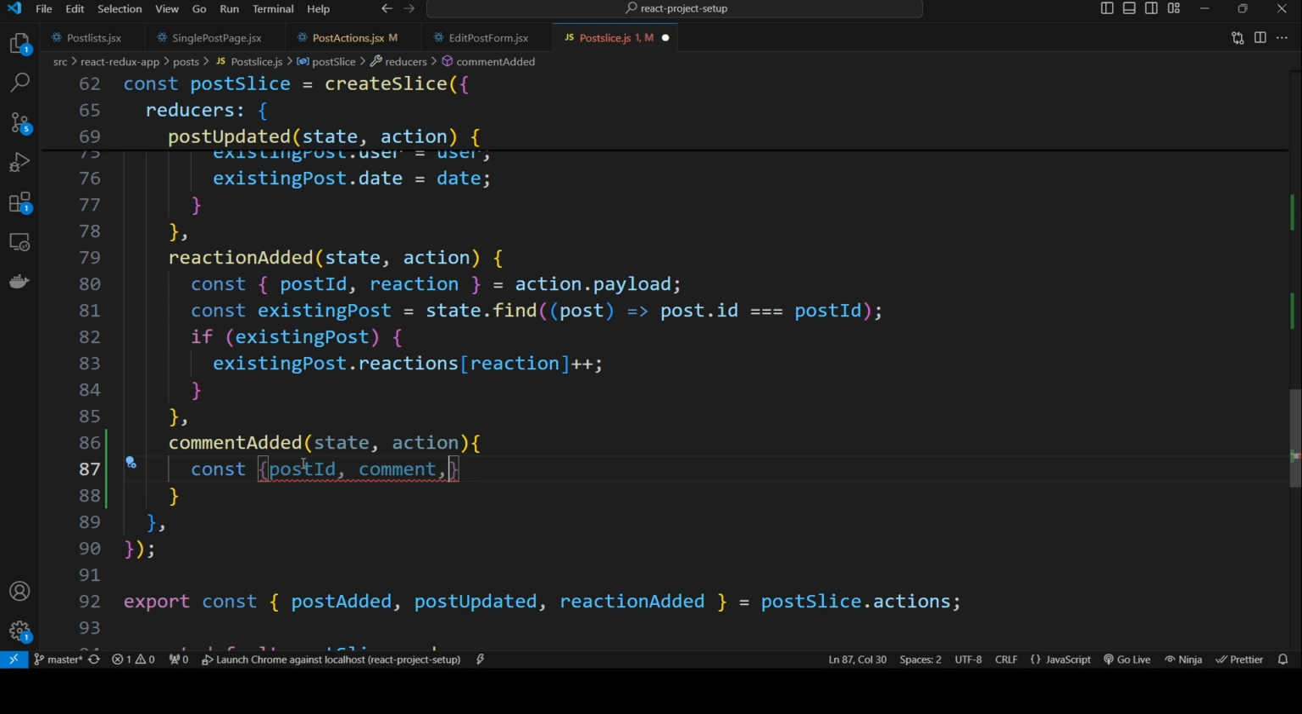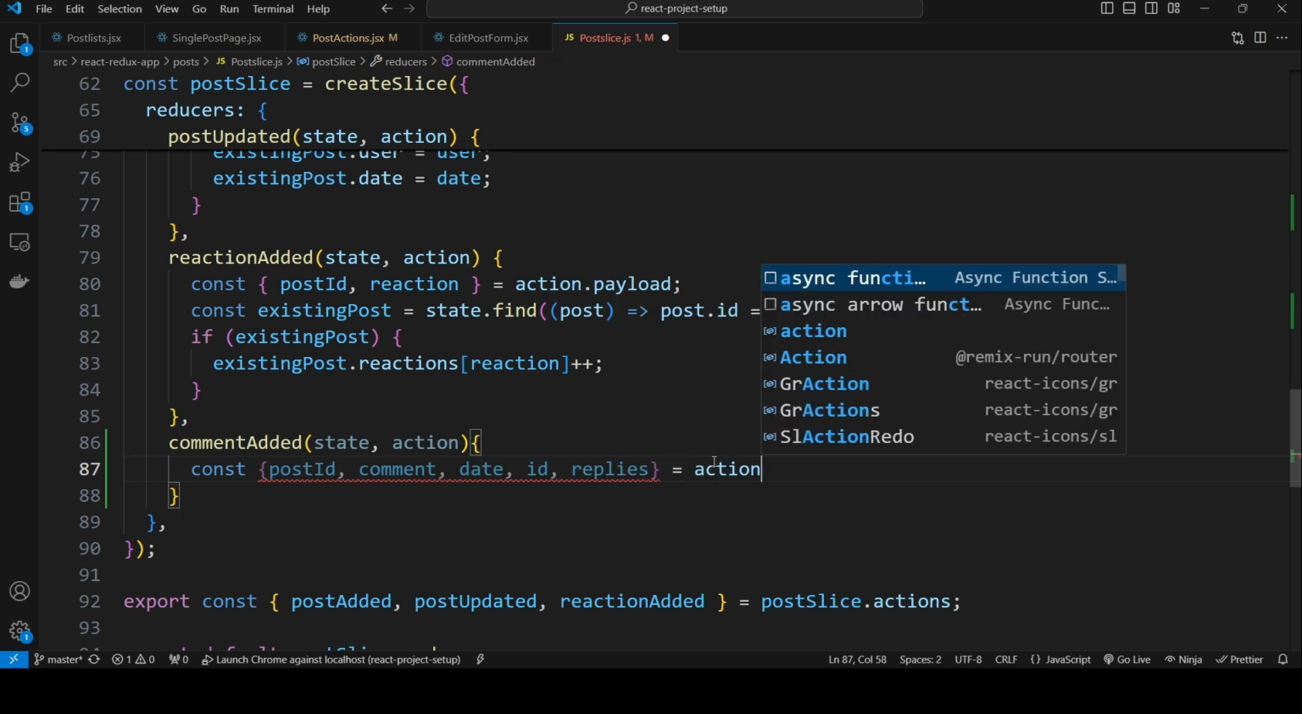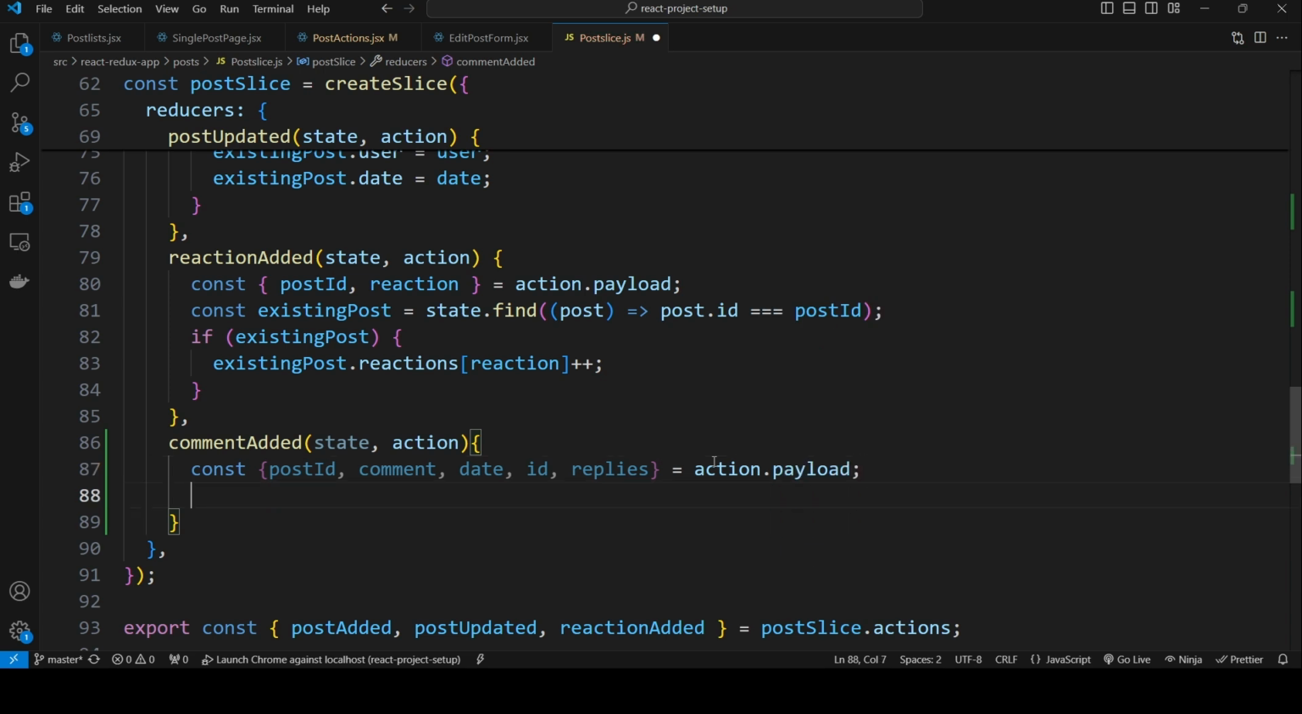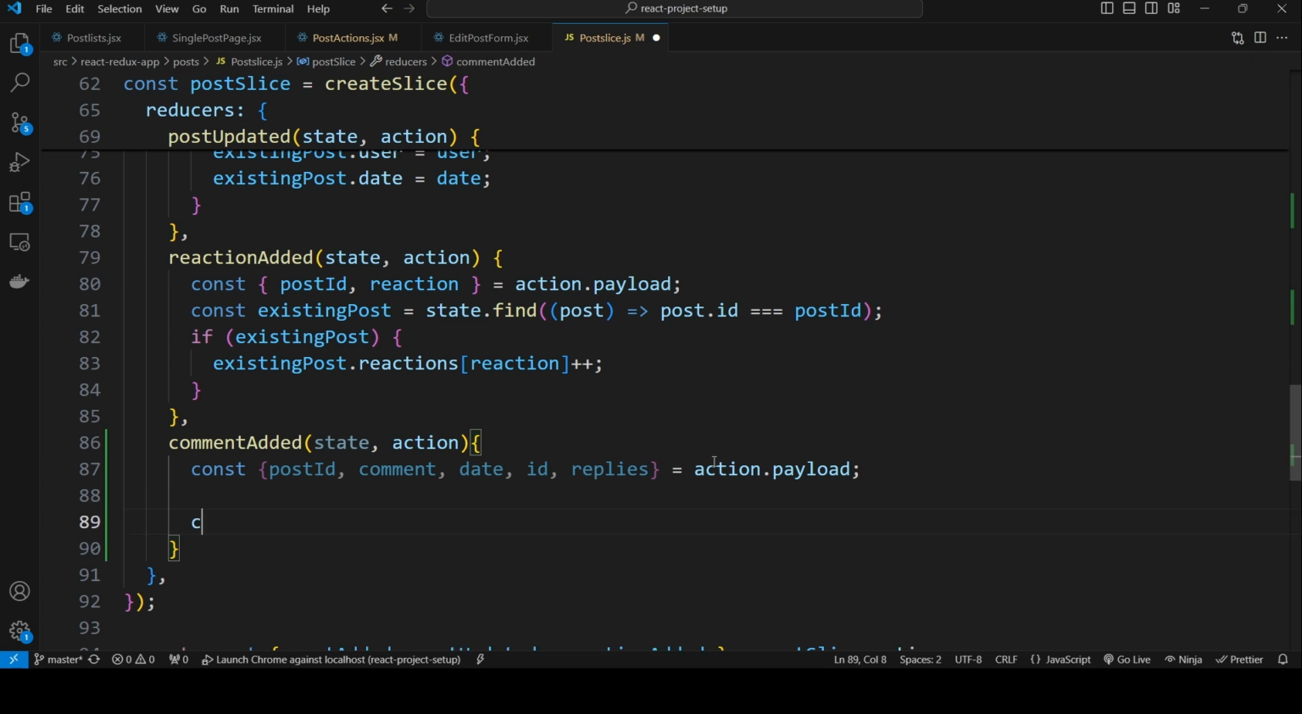We see that in the post actions component. We handle that functionality in the add comment method. Comment, date, id and replies. We extract these values from action.payload. Now we should first retrieve the existing post for which we are adding the comment. For that, const existingPost equal to state.post